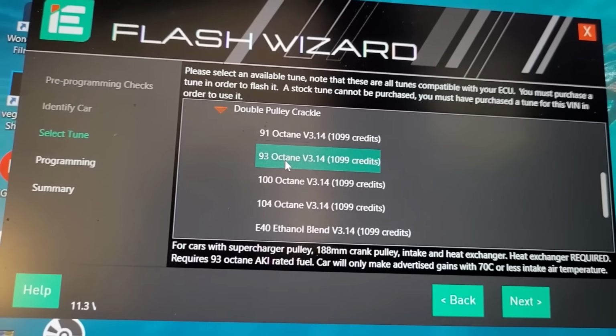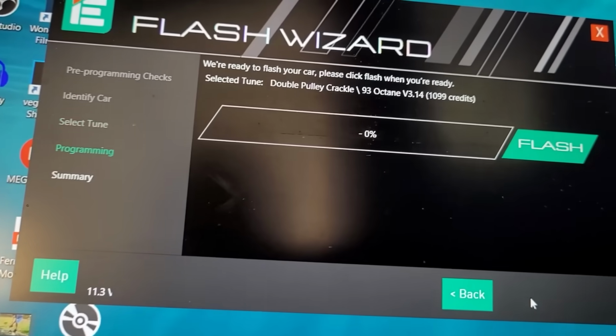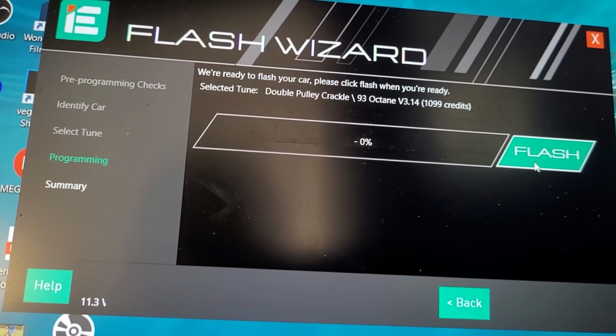I'm going to pick 93 octane double pulley crackle. That one sounds pretty good to me, so we're just going to do that, and we're going to hit flash. All right, the tune is flashing, and while it is, I just want to emphasize how insane of a value